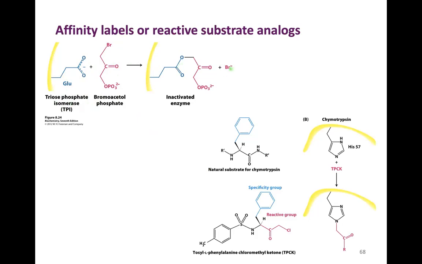Covalent interaction, the bromine is the leaving group. Choo, bye-bye. It is dead. Covalent interaction, no further reactions can ensue. Another example, here's our natural substrate for chymotrypsin. What is this? Phenylalanine. Okay, and so